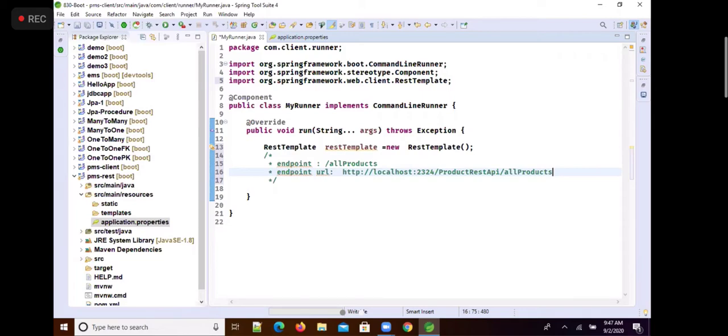So right now, presently, I don't want to send any headers or any body in the request. Fine. Third parameter is null. So this is the method which I am calling here.